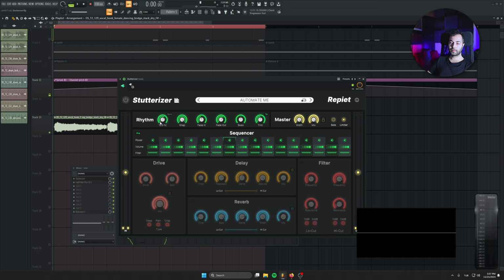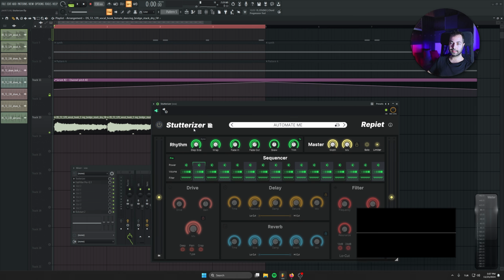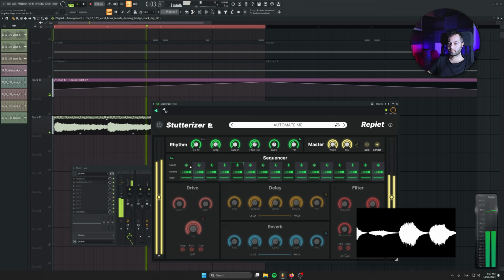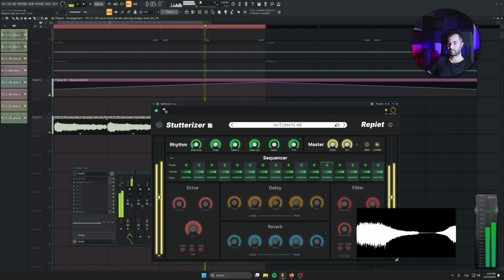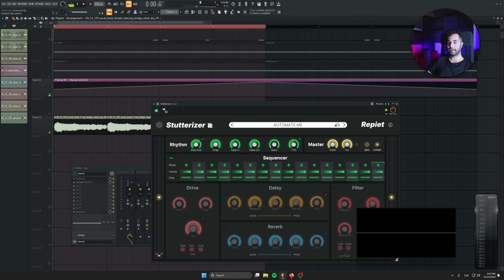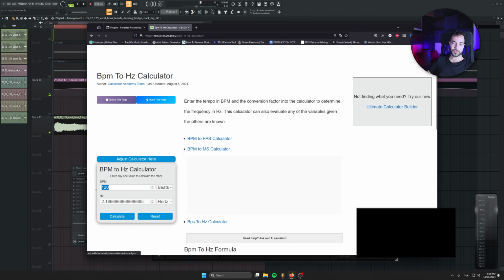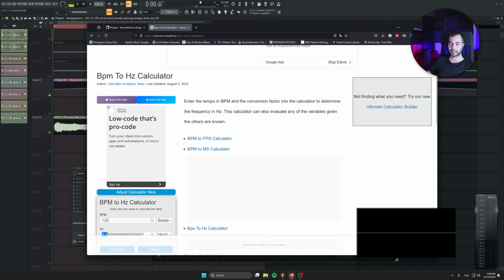Okay, that's good. So in this preset, we're supposed to automate this rate, okay? So we will get this kind of effect. You can just do something like that. We are in 130 BPM. So all you gotta do is just Google BPM to Hertz. Just put your BPM in here. You can use any other website, by the way. And you'll get a number. It says